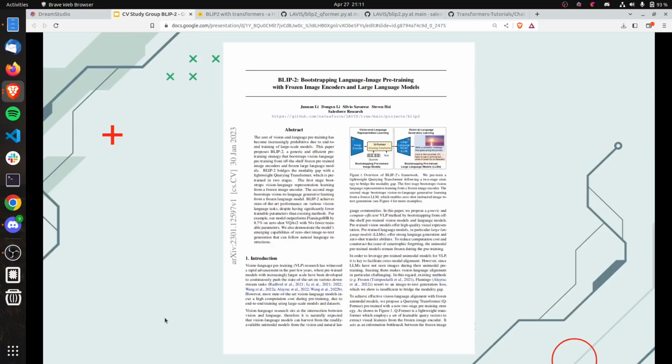Okay, so that was a short story. Maybe if you already know some stuff about the BLIP-2 paper, you have seen some familiar things. But that's really mostly because I like to do stories and it's fun for me to create that stuff. I hope you like it as well.